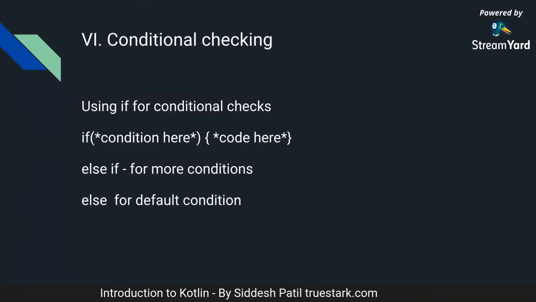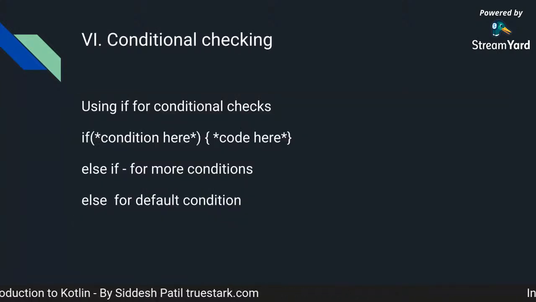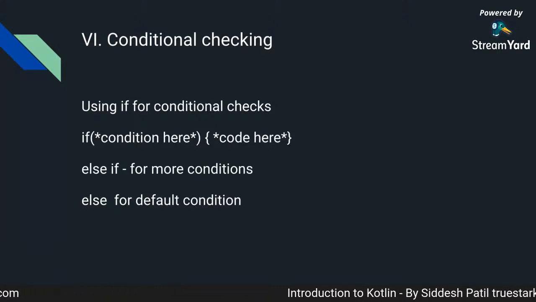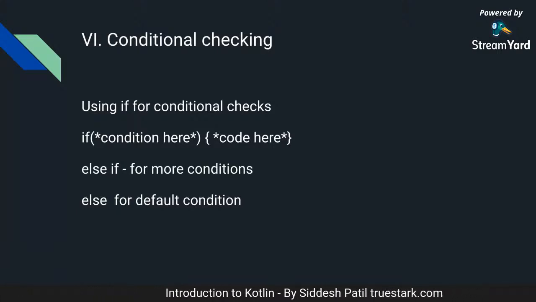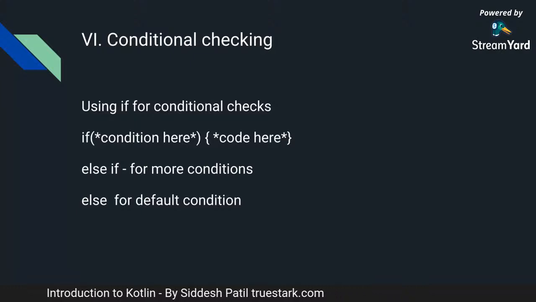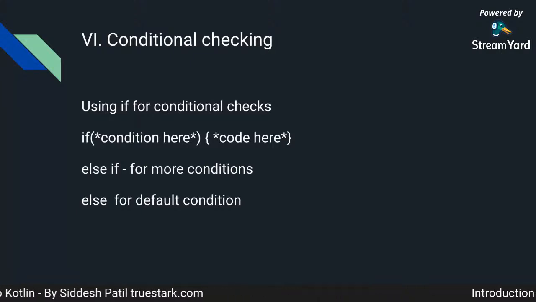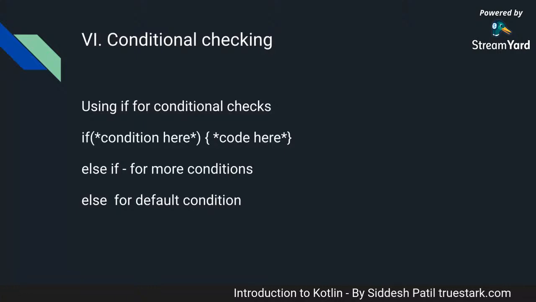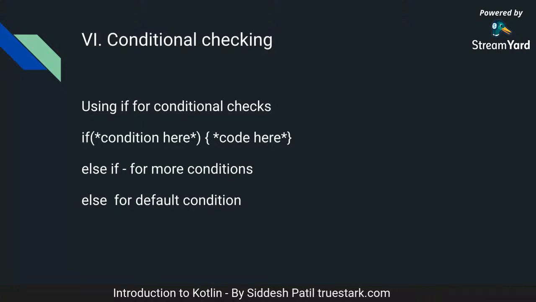Okay, moving on. Now this part of the section, we are going to talk about flow control. So flow control is having things to do with if, for, switch cases, while loops, things like that. So for better understanding, I've divided this into multiple sections, and we have what we call conditional checking.